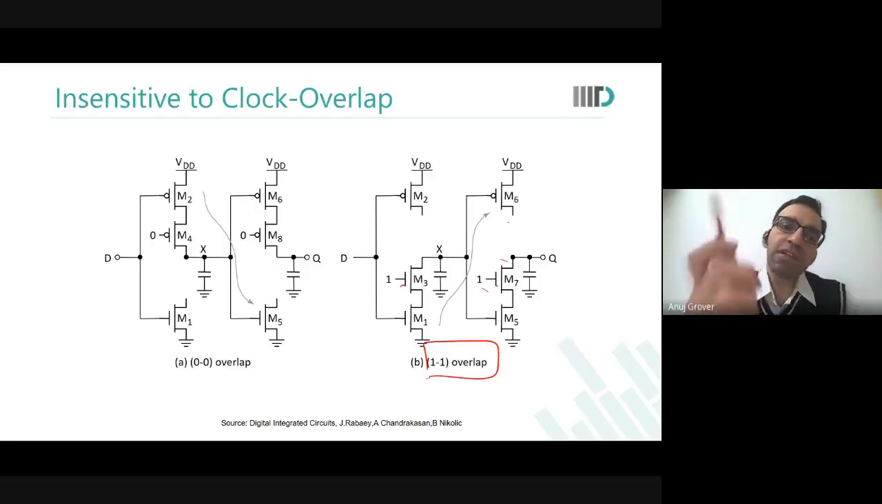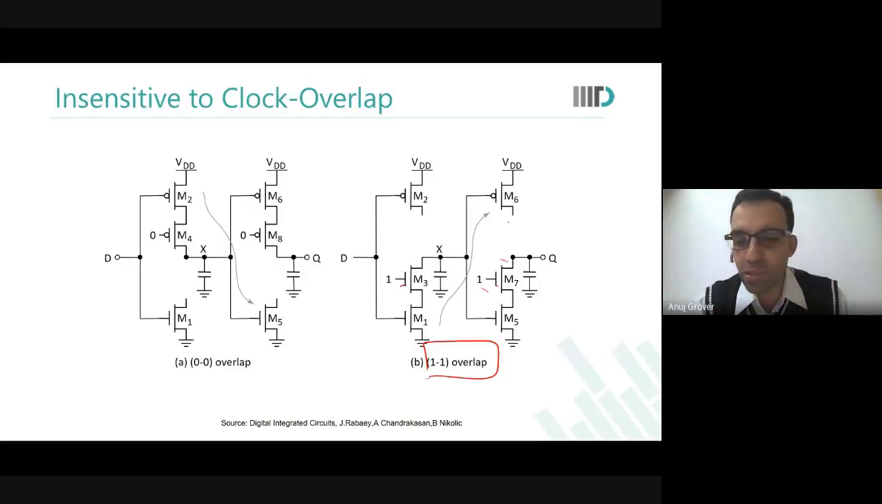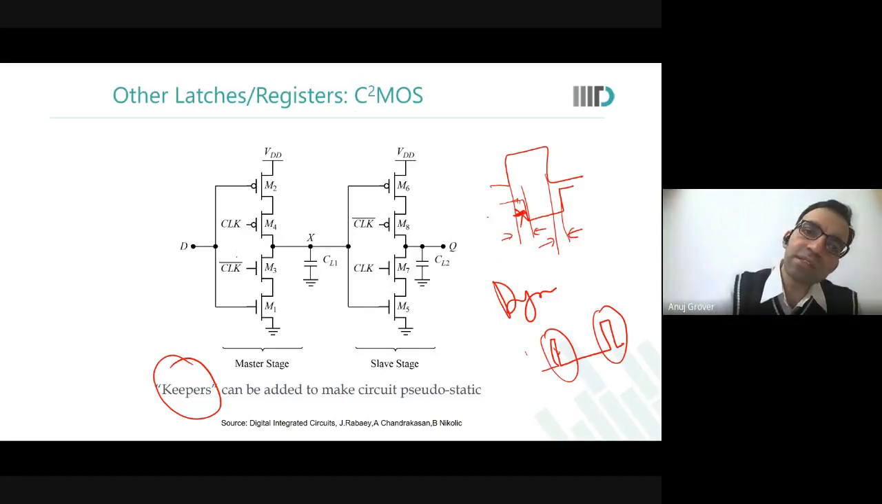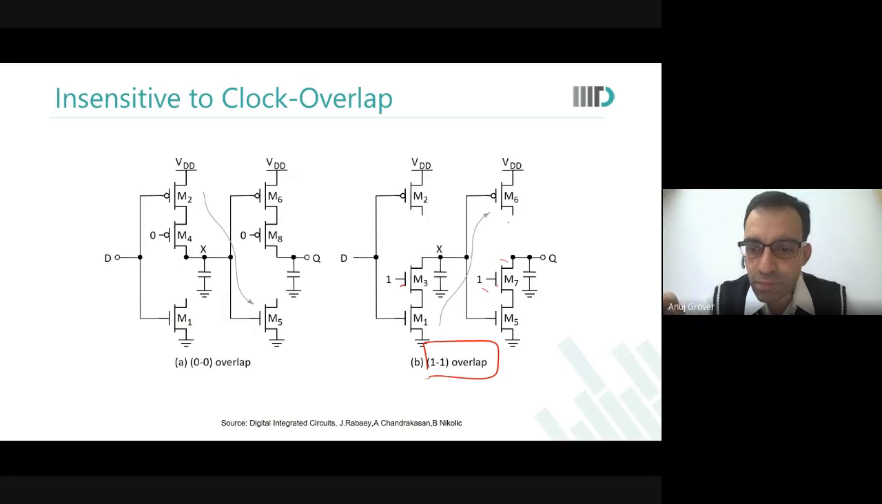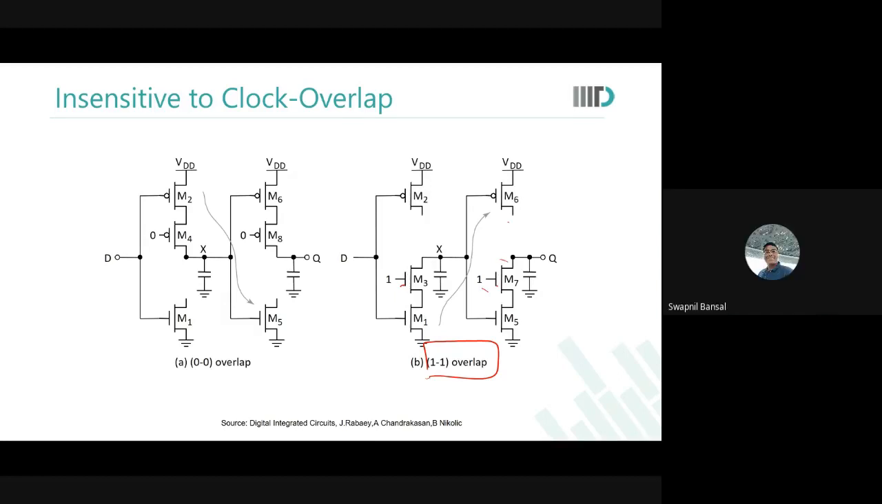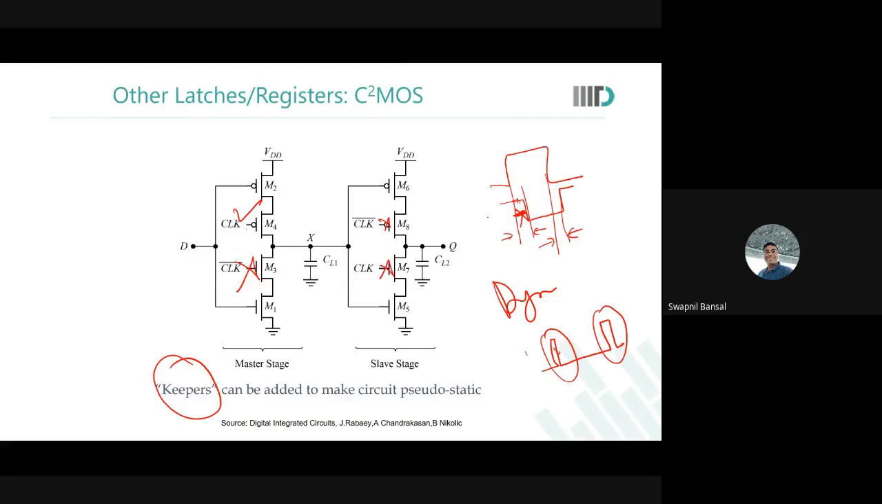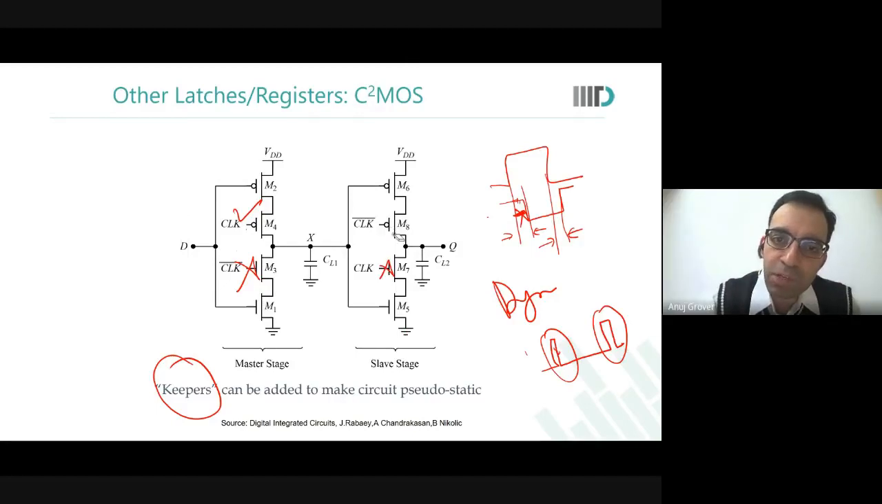कैसे? If there is a 0-0 overlap, let us say. So 0-0 overlap means CLK is 0, so this is on, this is going to be off. CLK is 0, so this is going to be off, and this is going to be off. ठीक कर रहा हूं मैं? ऊपर वाला ऑन होगा ना? CLK 0 तो नहीं, यहाँ पे PMOS पे है ना? अच्छा,